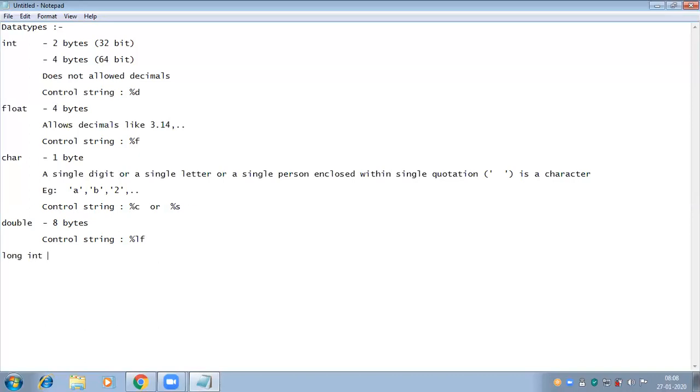For long integer, 8 bytes, the control string is %ld. Octal, 6 bytes, the control string is %o. Hexa, 8 bytes, the control string is %x.